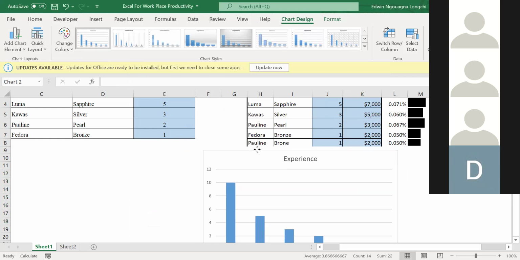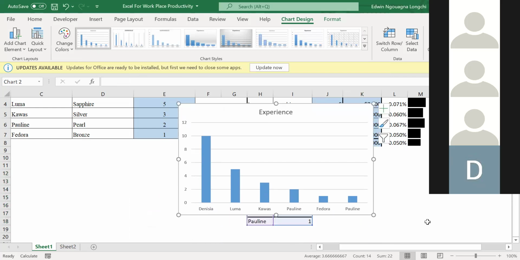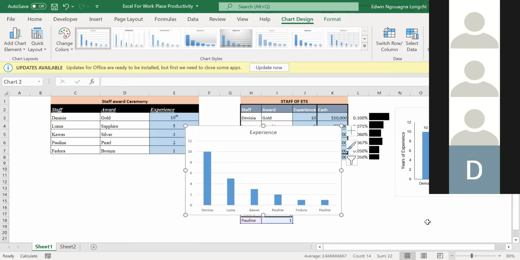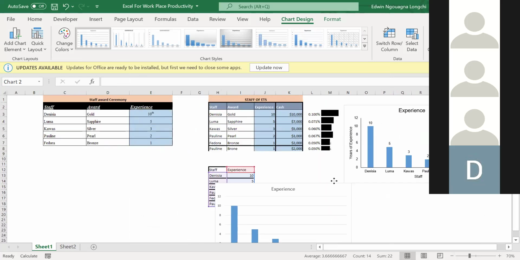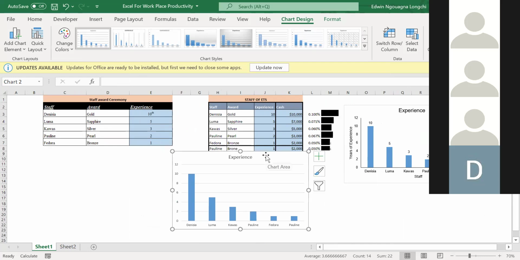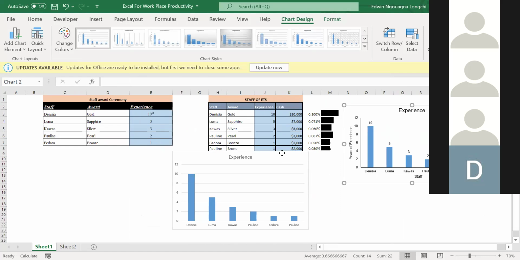And many people just click on their graph, and when they have this, let me resize this. Many people simply click on their graph, and when they have this graph like this, they just copy this and paste in their Word document. When you compare these two graphs, you will see that this one actually is more beautiful, right? So you can format your graph. That's what I was doing here.